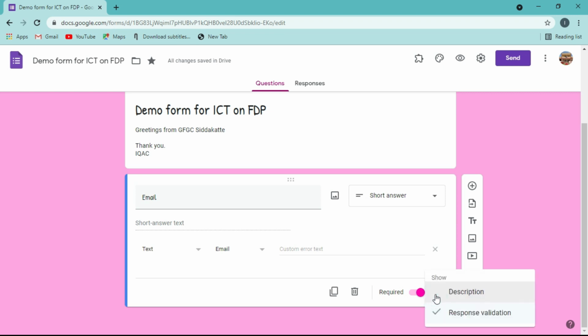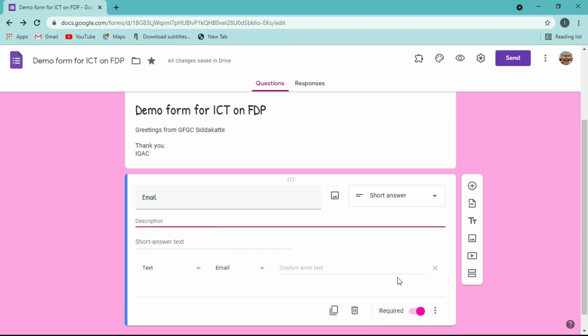Another option here itself is description. You can give a description here. So, please enter a valid email address. You can specify conditions, right? Some conditions needed for this particular question, that can be done. Okay, so this is the method you collect the email of the participants, but this is not needed in